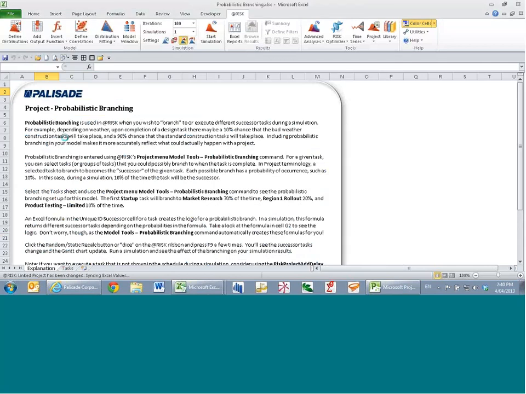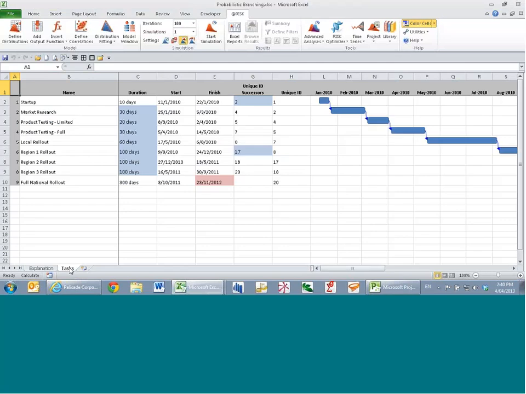And in this particular model, after we've done our market research or product testing, we may not do further testing. We might go straight to a local rollout. After locally rolling out a new product, we may in fact go straight to full national rollout, or go through to region 1, then 2, then 3, and so on. There are different possibilities. So if I run a quick simulation for you,